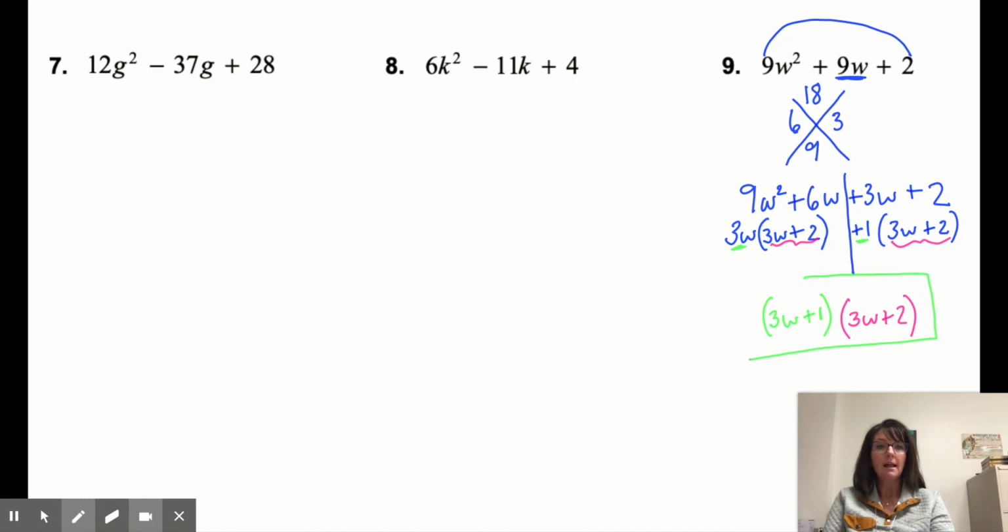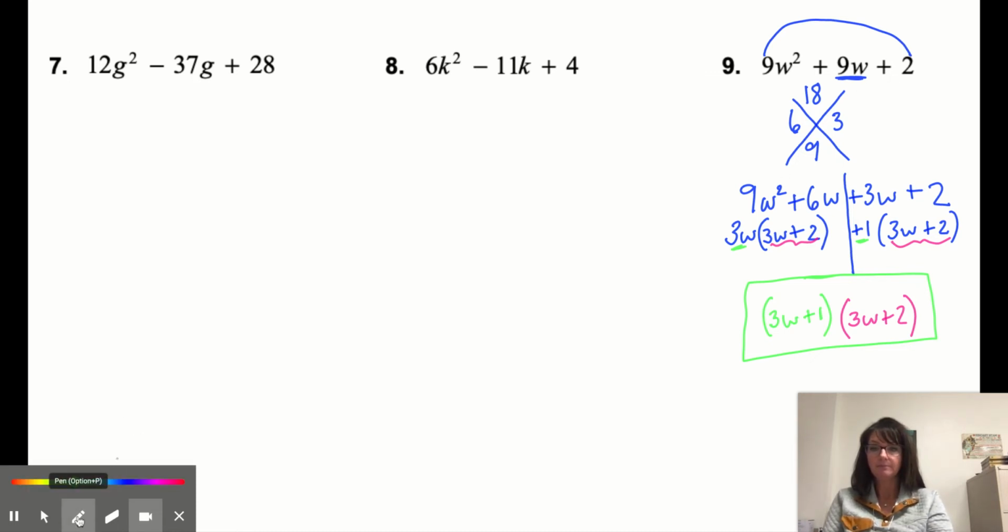And you can check your work to see if it's correct by first, outer, inner, last, foiling, whatever. And you need to get back to this original trinomial up here. So I know it's a lot of steps, so we're going to do this step by step. Okay, looking at number 8, we have